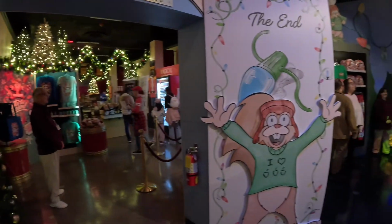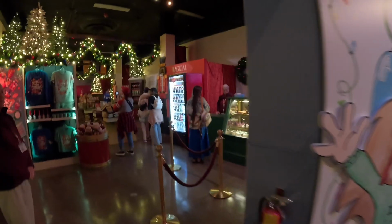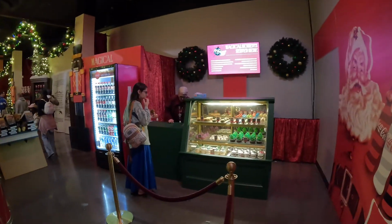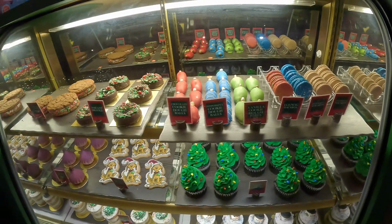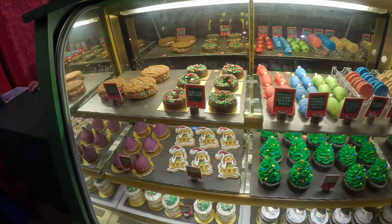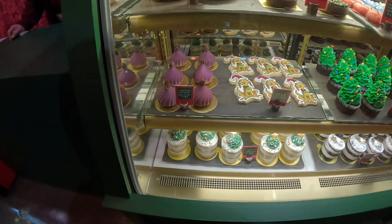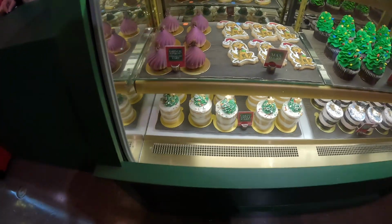And we're now in the final room. Before we head inside, it says "The End." And now we can actually see all sorts of treats right here. There are some macarons, dough balls, a wreath brookie, a gingerbread cookie sandwich, a Grinch onion cheesecake tart, a Max cookie, and there's